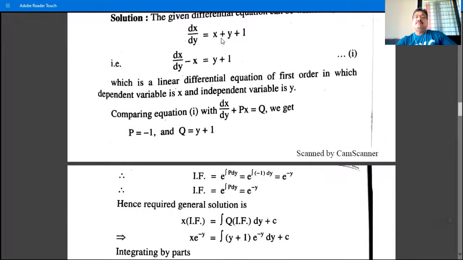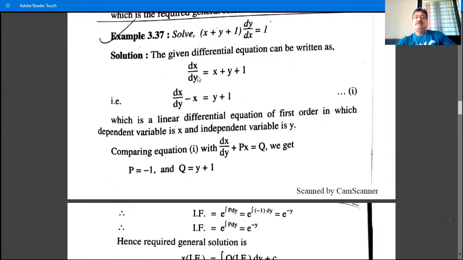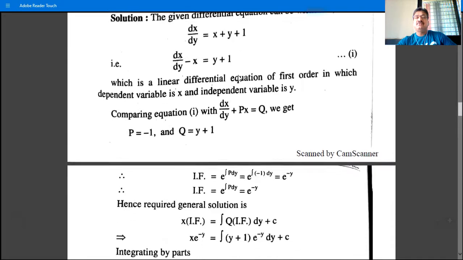Next problem is (x plus y plus 1) dy by dx is equal to 1. So the given differential equation is this. So shift this x plus y plus 1 to RHS, and we have dy by dx is 1 divided by x plus y plus 1, and then take the reciprocal of both sides. So we have dx by dy is equal to x plus y plus 1, dx by dy minus x is equal to y